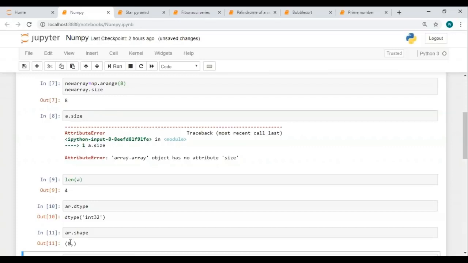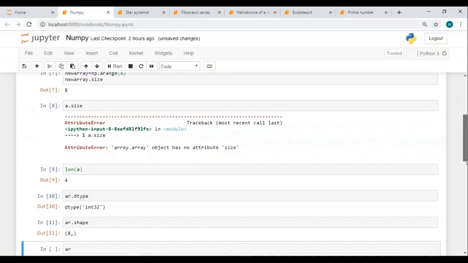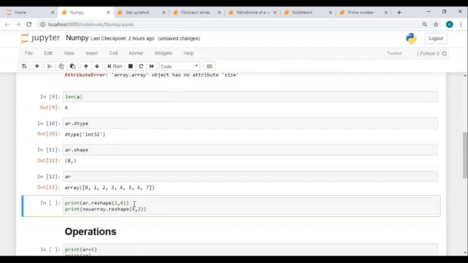Now if I want to reshape this array, I can do that as well. To reshape my array, all I have to do is use the reshape function. And here you will have to specify what kind of reshape you want. So here, originally I have a single row and 8 columns in that. When I'm using reshape, I've given 2, 4, which means I want 2 rows and 4 columns.